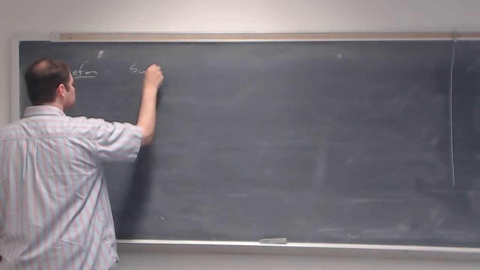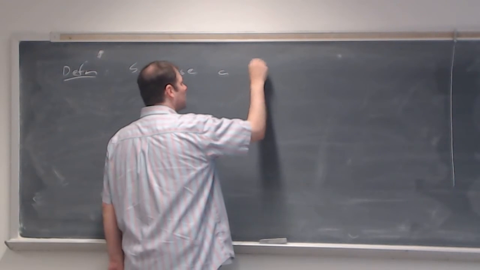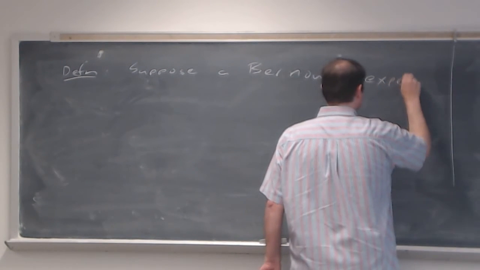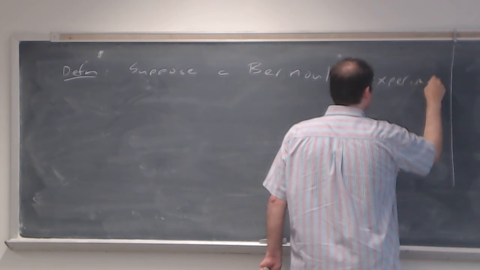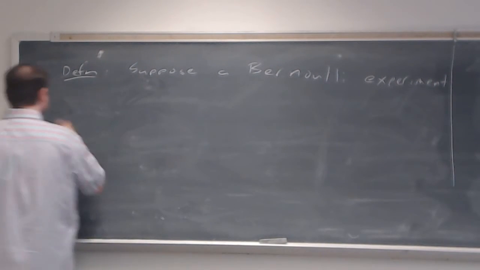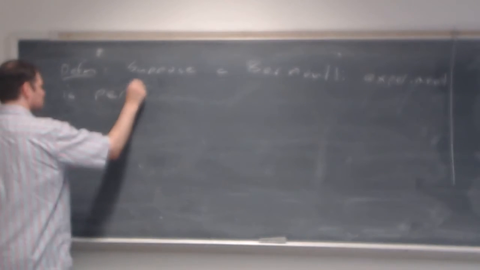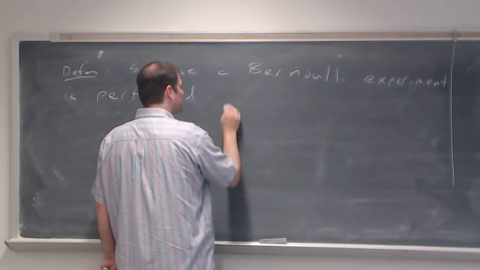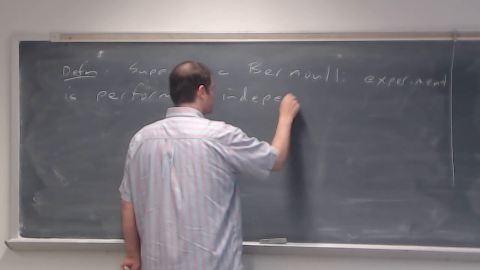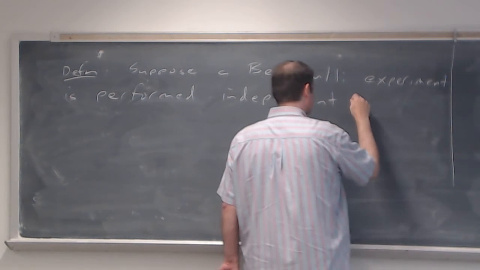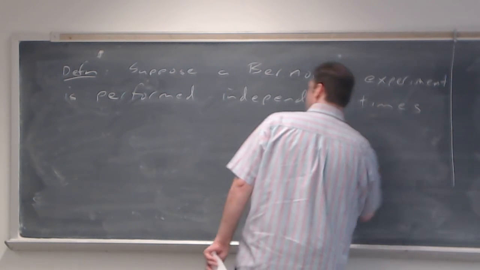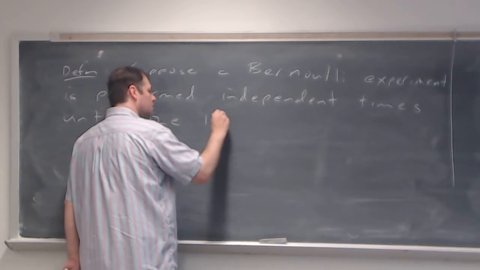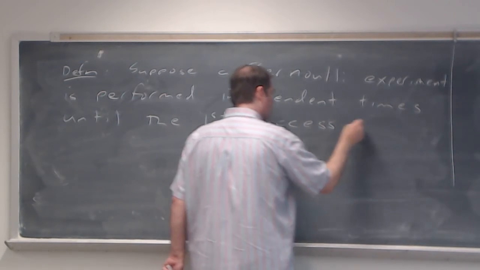It says, suppose a Bernoulli experiment is performed independent times until the first success occurs,